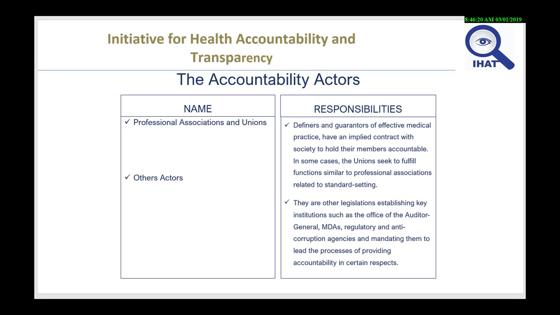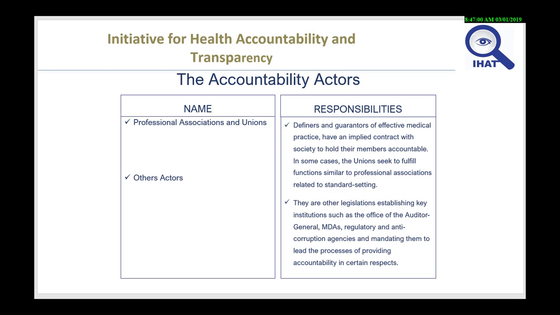Professional associations and unions are actually the definers and guarantors of effective medical practice. They have an implied contract with society to hold their members accountable. In some cases, the union seeks to fulfill functions similar to professional associations, particularly with regard to standard setting. There are other legislations establishing key institutions such as the Office of the Auditor General, the MDAs, and regulatory and anti-corruption agencies,